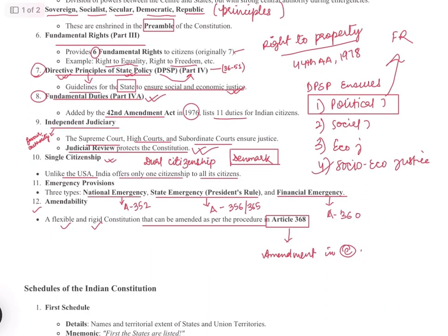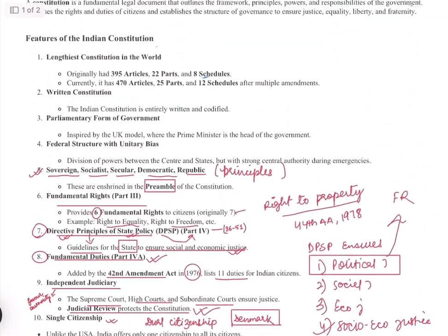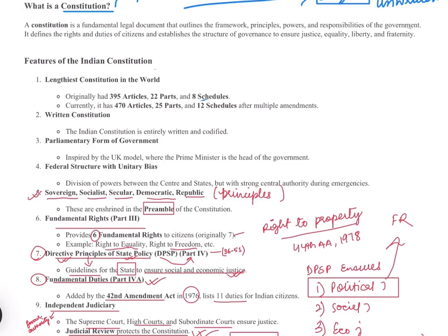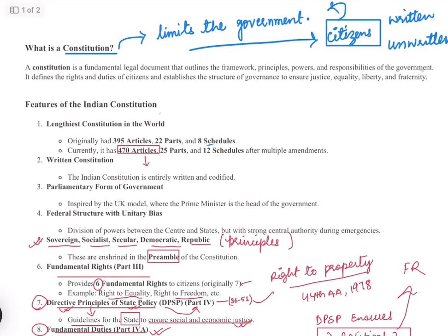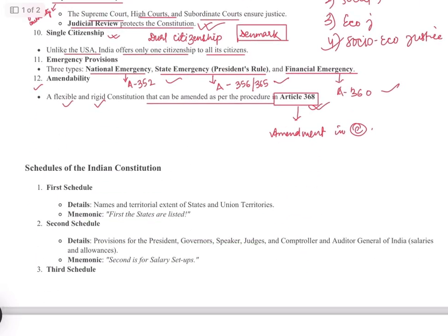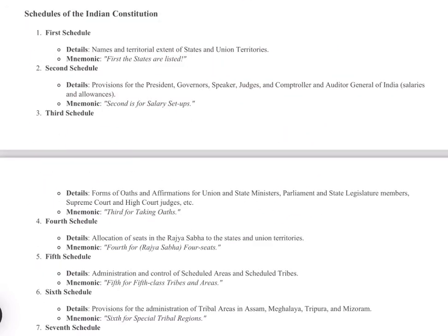Now we'll talk about the schedules of the Indian Constitution. Why did I put schedules? Because obviously there are many articles we cannot discuss, right? But while I come up with other videos in the series, I will tell you about important articles, just like I mentioned here. Only the important ones we will look at, but since the schedules are only 12, I thought I'll incorporate that in this video. So here are the schedules of the Indian Constitution.